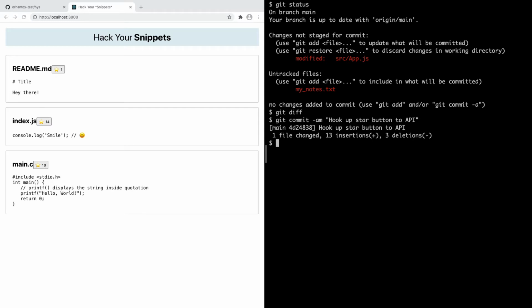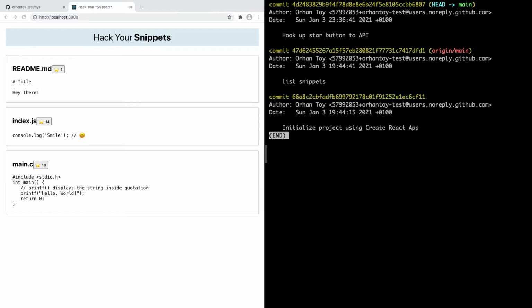But actually this was not what we wanted to do. We committed directly on the main branch. As you can see here, we can see that we are on the main branch. Actually, what we wanted to do was create a new branch and again create a pull request and have someone else review this code. We haven't pushed to GitHub just yet, so what we can do now is we can actually rewrite the Git